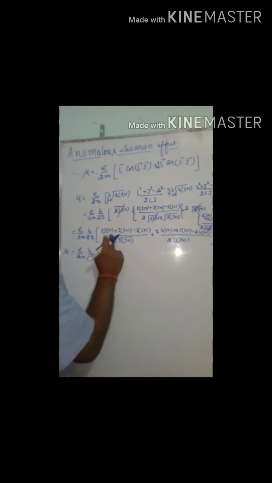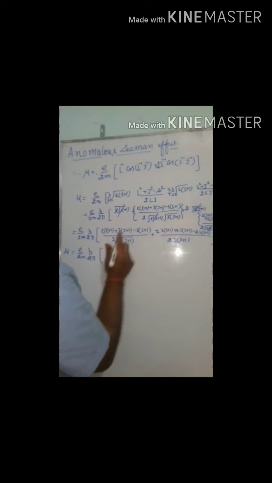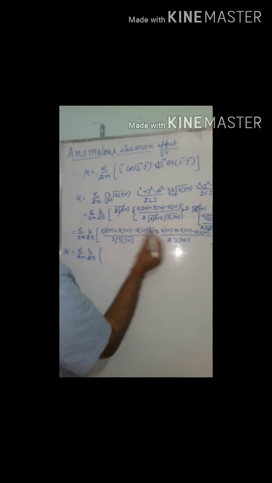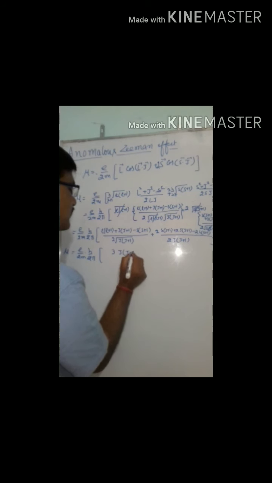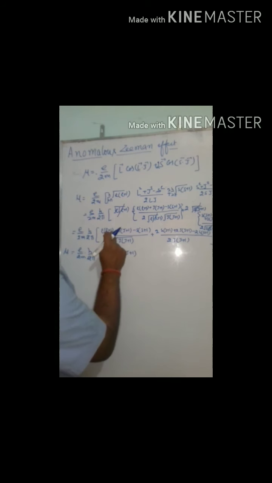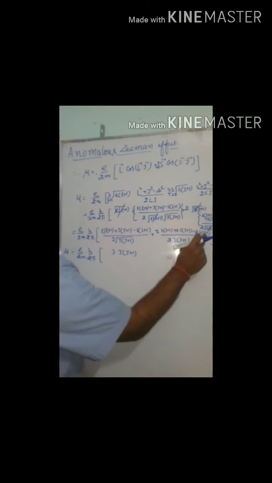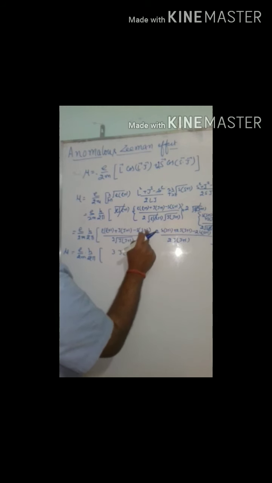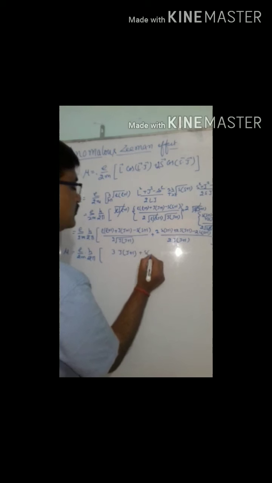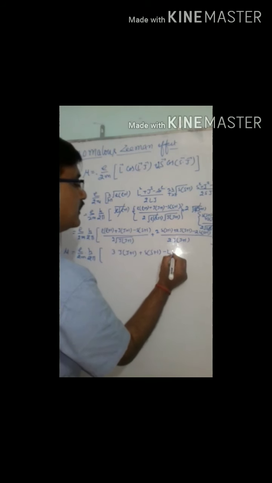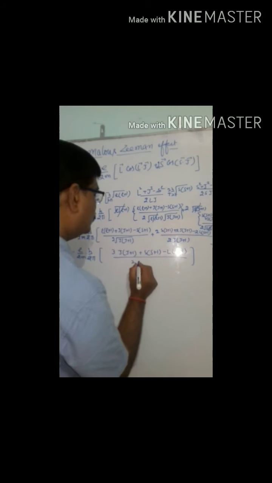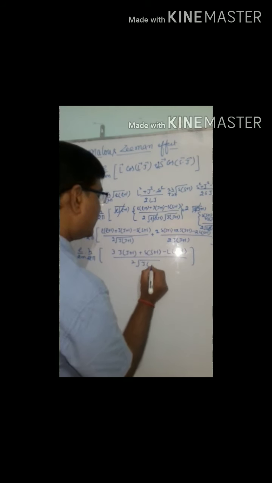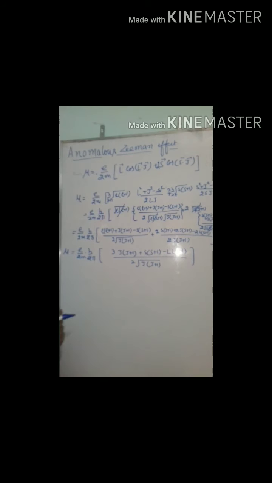Here, if I solve it, then this j into j plus 1, that is j into j plus 1 plus 2, so that is 3 times j into j plus 1. L into L plus 1 plus and minus 2L into L plus 1, so it will be minus, while S into S plus 1 minus 2 here, so plus S into S plus 1, L into L plus 1 upon 2 under root of j into j plus 1, right? 2 into j into j plus 1.